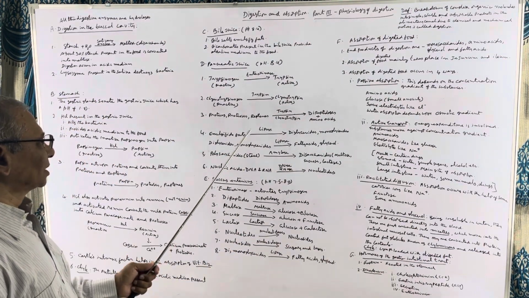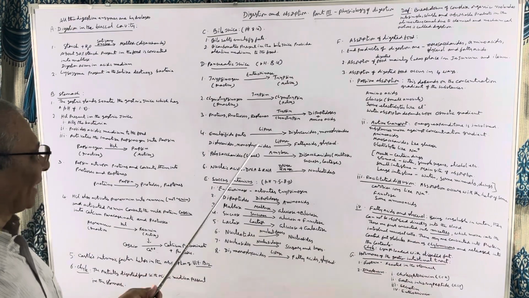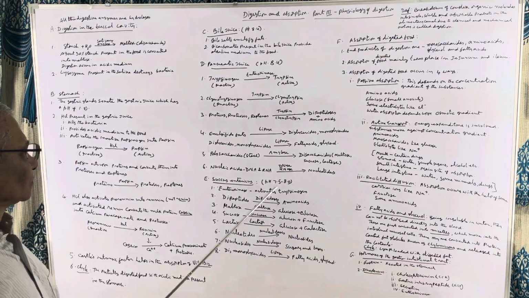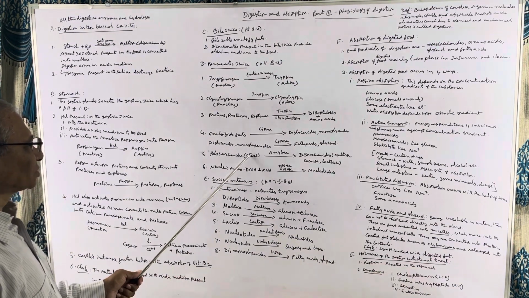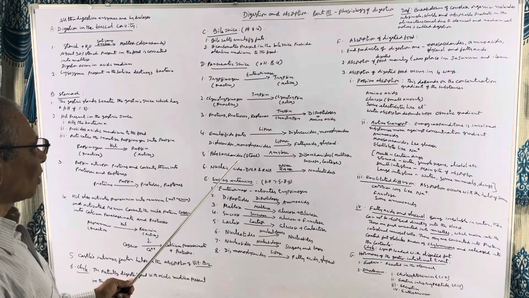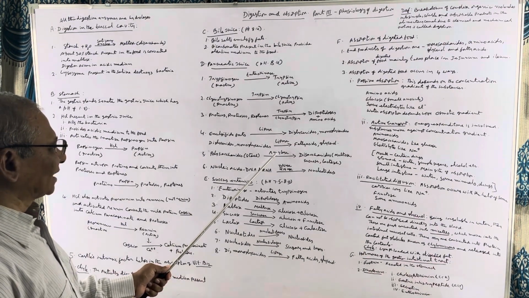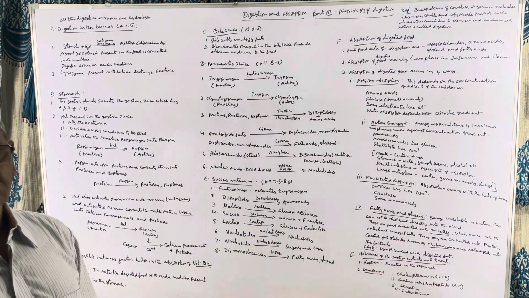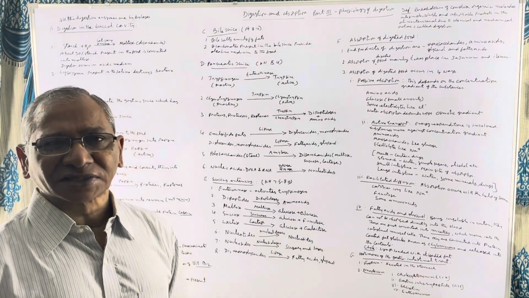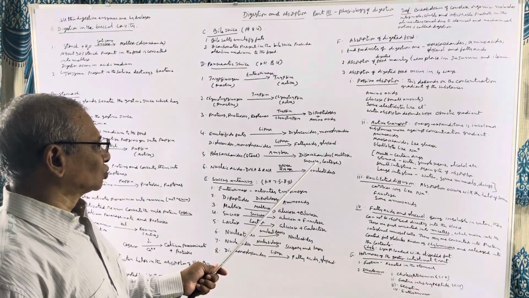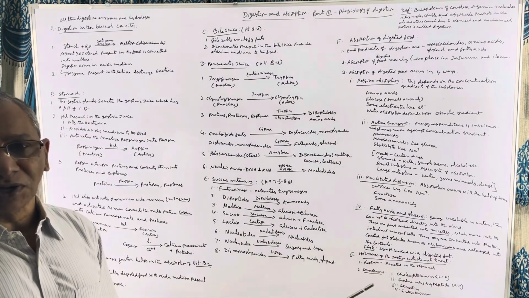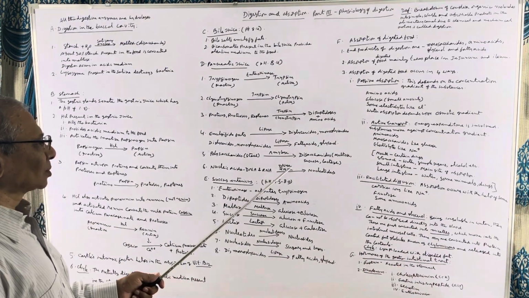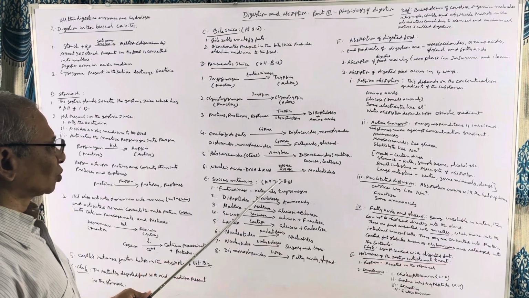Then the lipase. Lipase acts upon the emulsified fats and converts them into diglycerides and monoglycerides. Then starch is there in the food. It is in the form of polysaccharides. The enzyme amylase acts upon the starch and converts it into disaccharides. Disaccharides are of three types: maltose, sucrose and lactose. Each one is made of two hexose molecules or monosaccharides.